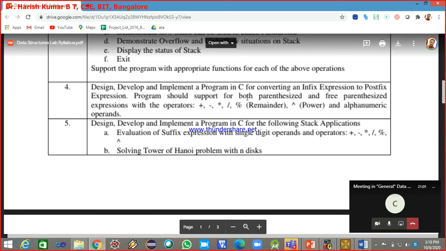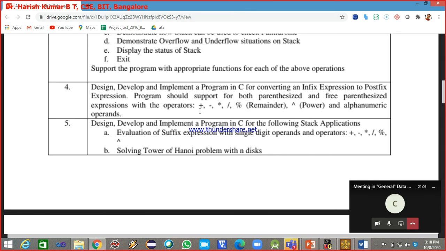And the operators that you should include are plus, minus, multiply, divide, modulus operator, or you can also call it the remainder operator, and then exponentiation. When we were solving it manually in earlier classes, for exponentiation or the power, we were using the dollar symbol. There are many things you can use. Sometimes we use the upward arrow, which is called the caret symbol, and dollar also we use sometimes to represent exponentiation. Since the problem here says exponentiation should be represented using the caret symbol, we will use the caret symbol.